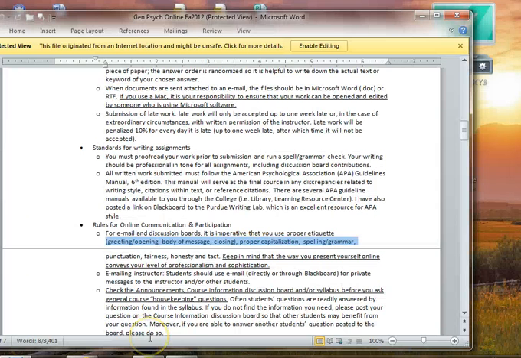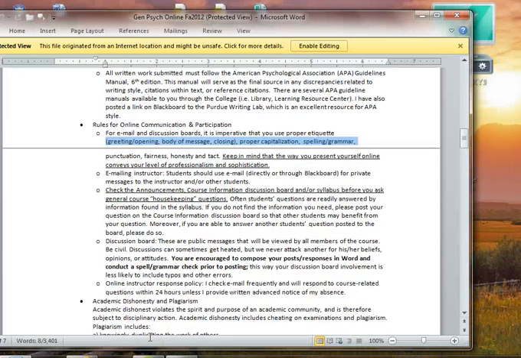All right, I'm back on the syllabus now. A few more policies to go over. I want you to be mindful when you are communicating either with me on email, with one of your group mates, or if you're communicating on the discussion board. It really is valuable to use proper etiquette. So instead of greeting me with just, "Hey, Amanda," or "Hey, Dr. Price," and I'll tell you I do prefer to be called Dr. Price,